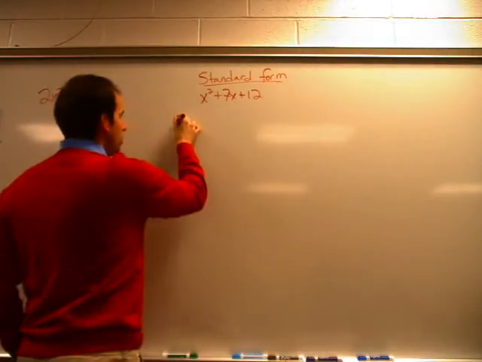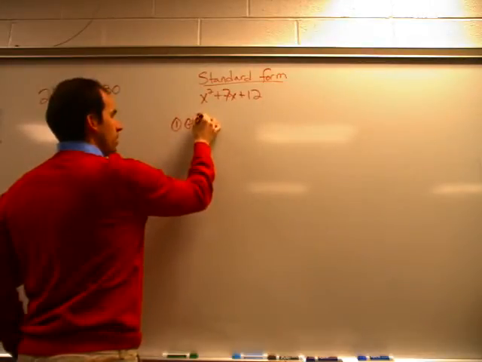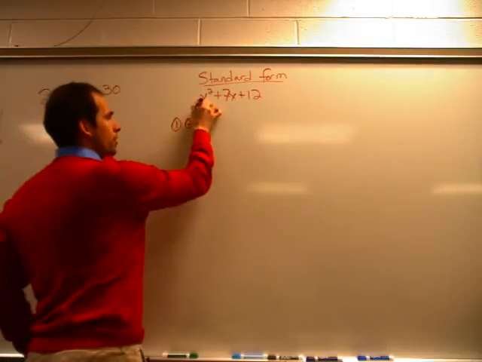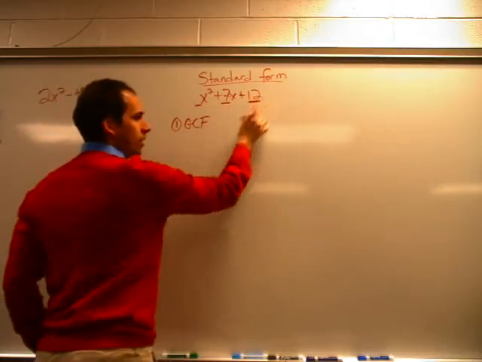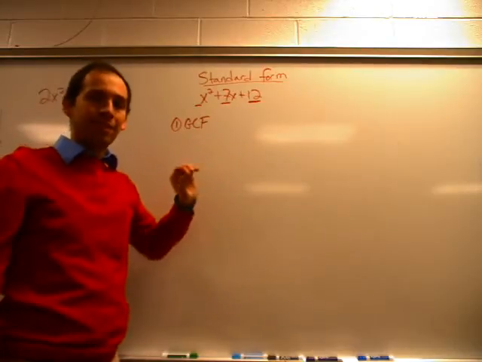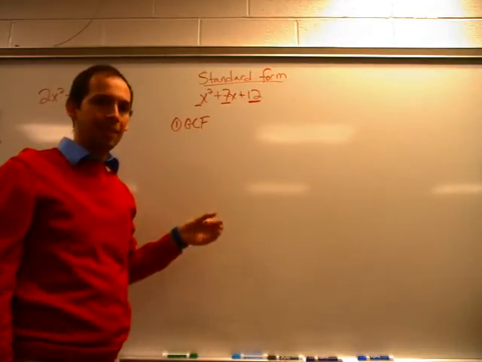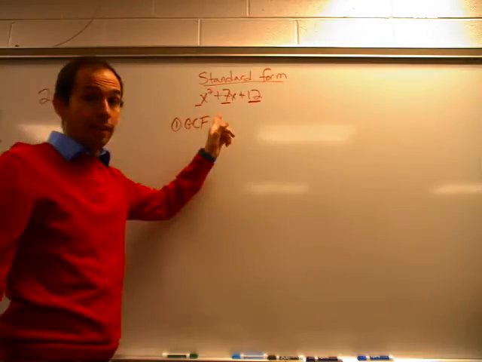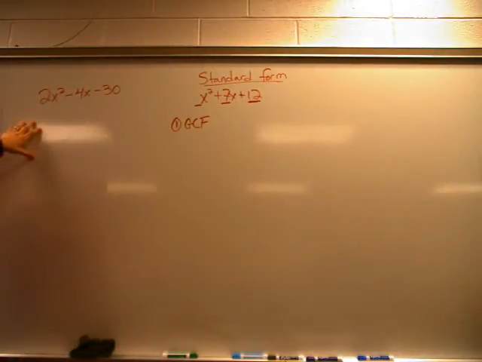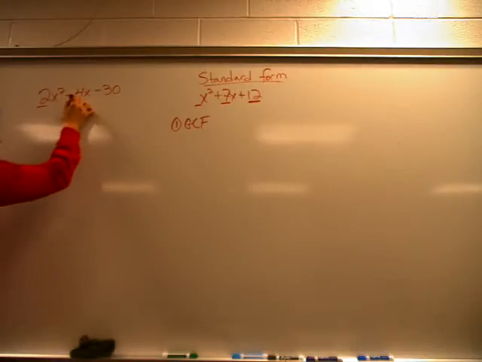But the first thing you need to do is look for the greatest common factor. Okay? You need to look at the coefficients of this expression and determine, do they have anything in common? Can I divide all three of them by the same number? In this case, you cannot. Okay? Over here, and I'm going to come back to this expression in a moment, but over here, if you look at all three coefficients here,